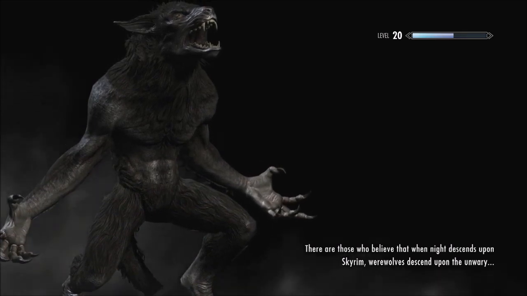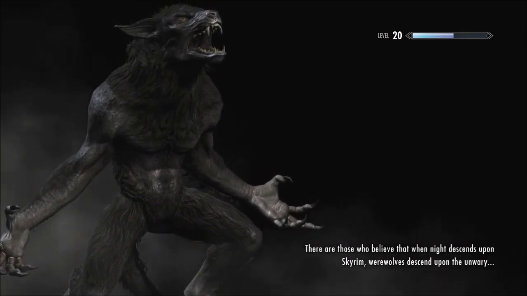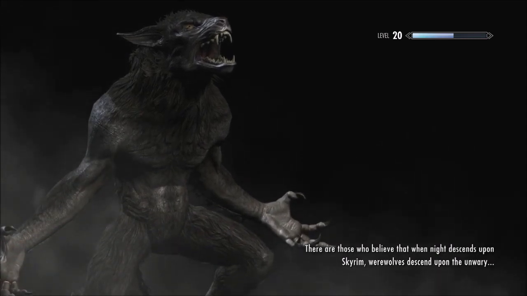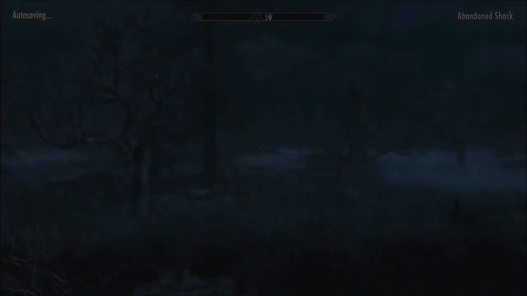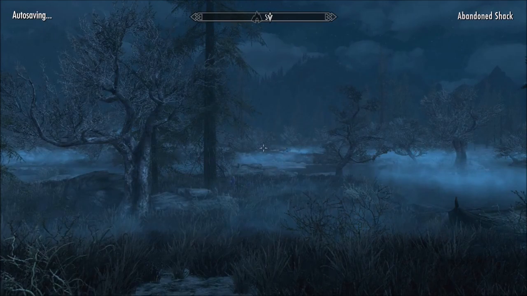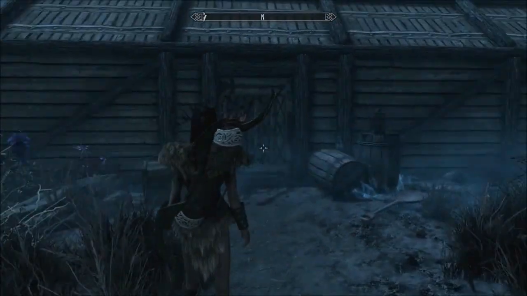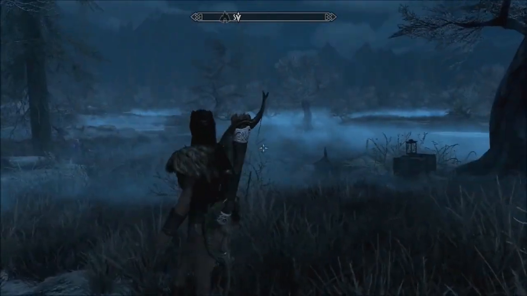We did it, everyone. We are officially... We are official. I mean, we're not totally official yet because we haven't done it yet, but we have been offered a position in the Dark Brotherhood. And if this place looks familiar, look, it's the abandoned shack that we discovered all those, whatever, I mean, in-game